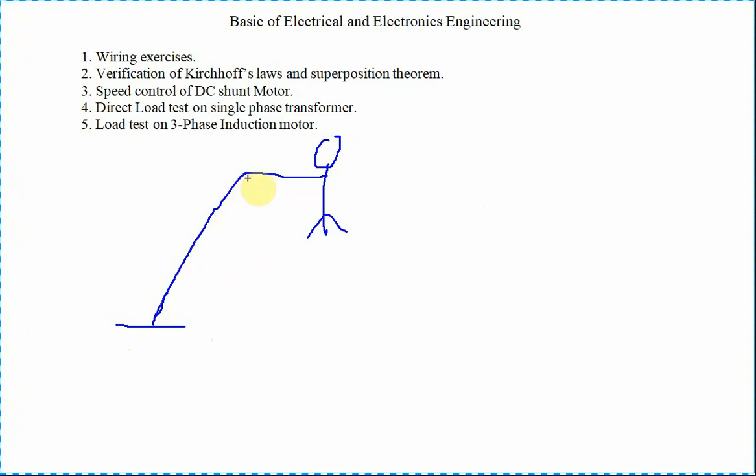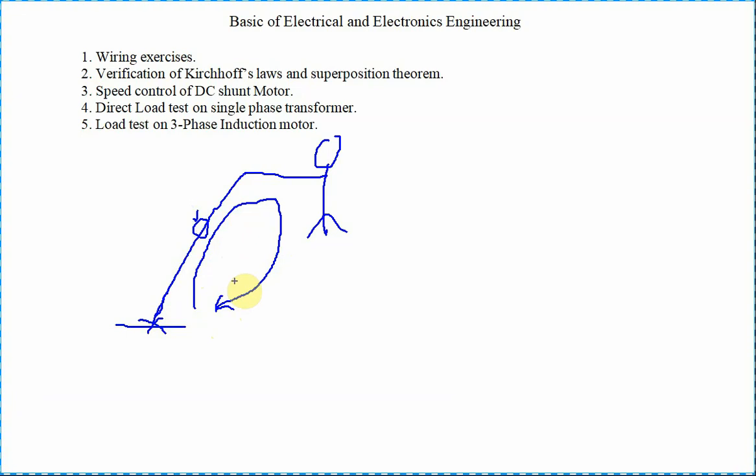Through that hand, the current flows through the circuit and closes the circuit. If the circuit is closed and you touch the line, then the light will glow. If the light glows, you come to know that the line is present and current is available. Suppose it is not a line, then what will happen? The light does not glow. So you check whether the light glows or not. That is called a tester. The tester is one of the accessories in electrical.